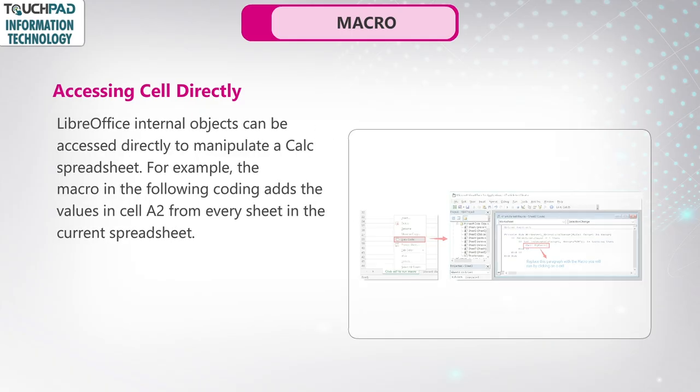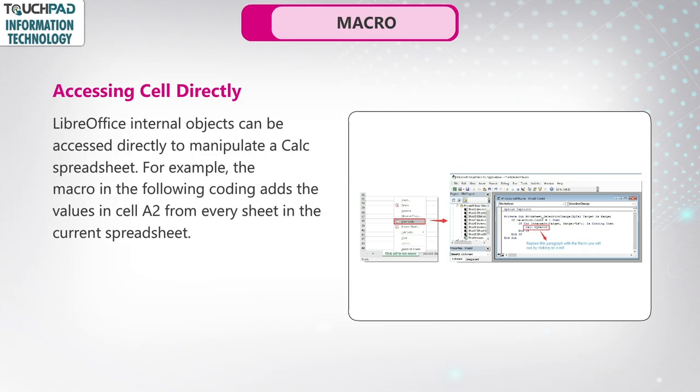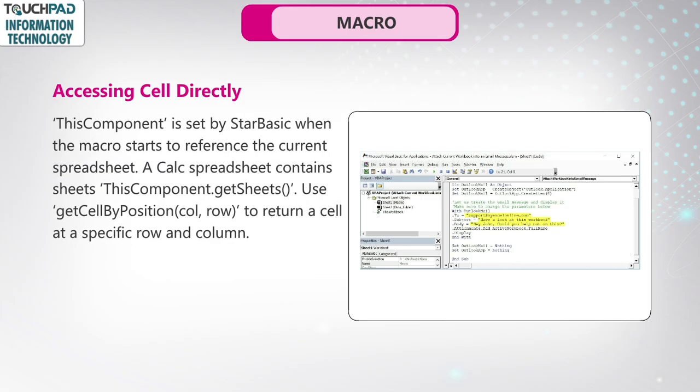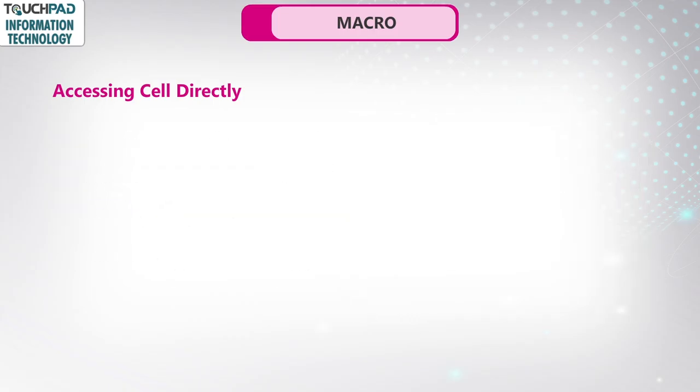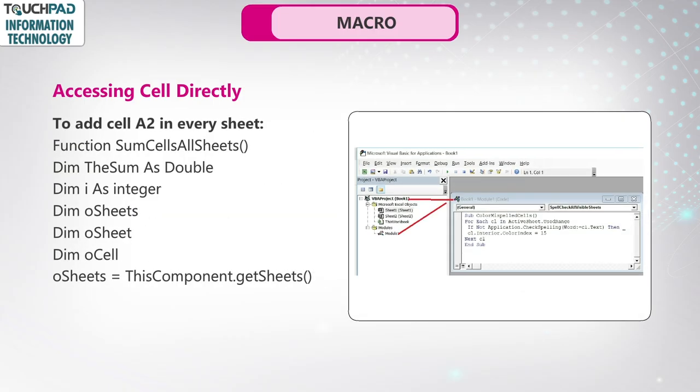Accessing cells directly. LibreOffice internal objects can be accessed directly to manipulate a Calc spreadsheet. For example, the macro in the following code adds the values in cell A2 from every sheet in the current spreadsheet. This component is set by Basic when the macro starts to reference the current spreadsheet. A Calc spreadsheet contains sheets. ThisComponent.getSheets uses getCellByPosition, column then row, to return a cell at a specific row and column. To add cell A2 in every sheet: